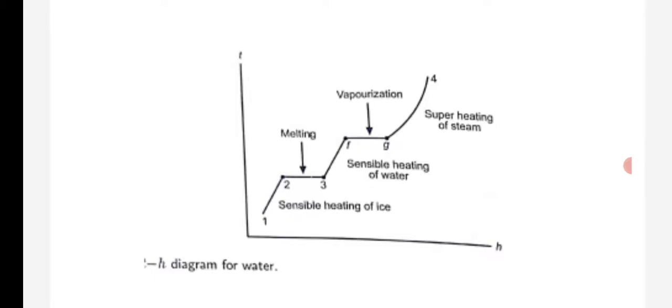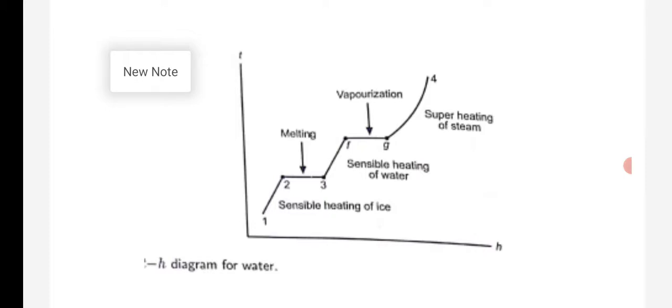And at that temperature, when you are still heating, the temperature will not come to 1, 2, 3 immediately on the positive side. It will still be 0 only. And whatever heat is given, you can see the enthalpy is increasing. On the x-axis, 2 to 3 is a horizontal line. Temperature is not increasing, but the enthalpy is increasing. And you come to a point 3. So at 2 it was pure ice at 0 degree centigrade, but at 3 it has become water. All the ice has been converted into water, at 0 degree centigrade.